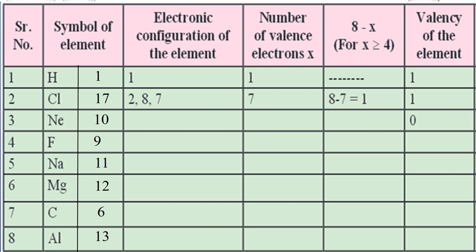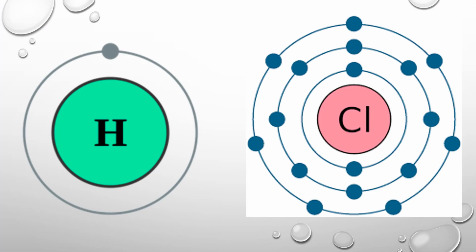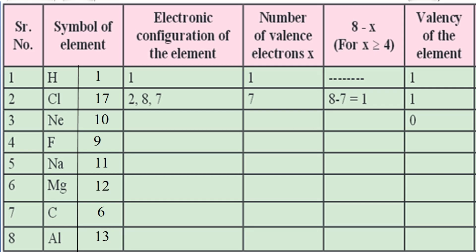look at it. So the first column we look at, hydrogen is 1 and chlorine is 17. Based on this you're going to find out the electronic configuration. So hydrogen has atomic number 1, so that 1 is already there in the first column we have put. Okay, and chlorine is 17, so we have put 2 electrons in the first shell, 8 electrons in the second shell, and 7 electrons in the third shell. Okay, so the same thing they have written here.